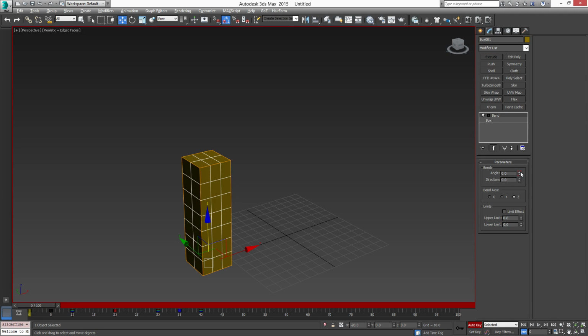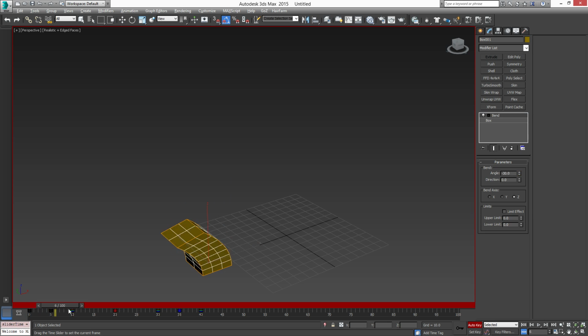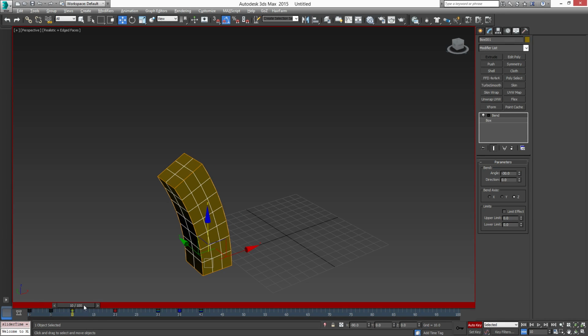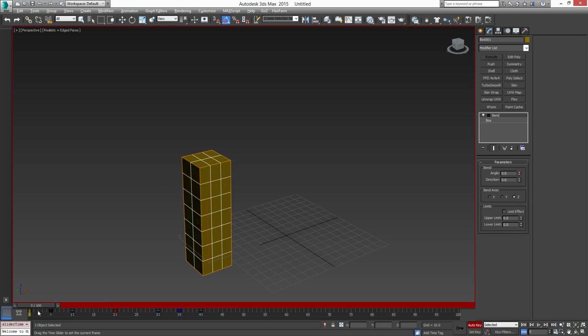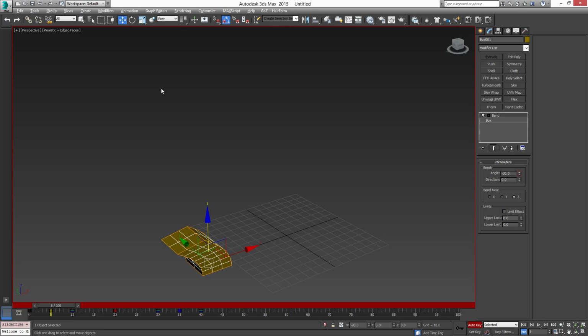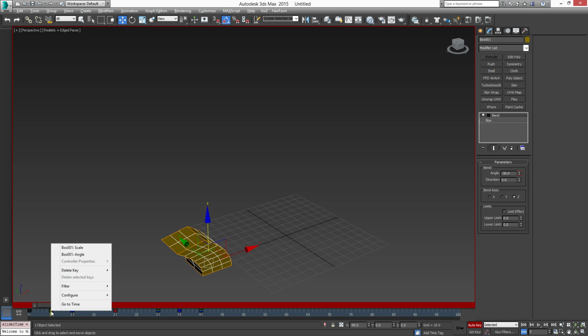Now I want you to notice this little red bracket right here. This means that you are animating your keys here. You're actually putting keys down. Now take a look at what it did. It put black keys down. So 0 to 5, they're actually black keys now. These are going to override your red, green, and blue, but they still have your keyframes there. It's just a visual indicator that there is something other than move, rotation, and scale set as your keyframes here. So if I hover over my keyframe and right click,